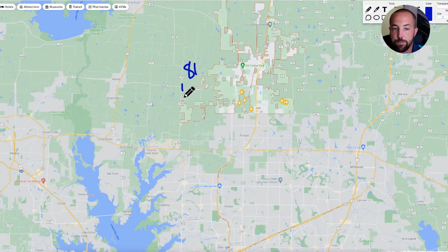Median income is $124,000. I'll put a dollar sign in front of that. So yeah, people do pretty well for themselves out here in Celina, okay? And then the median home value is $318,000, okay? So yeah, it's kind of that next